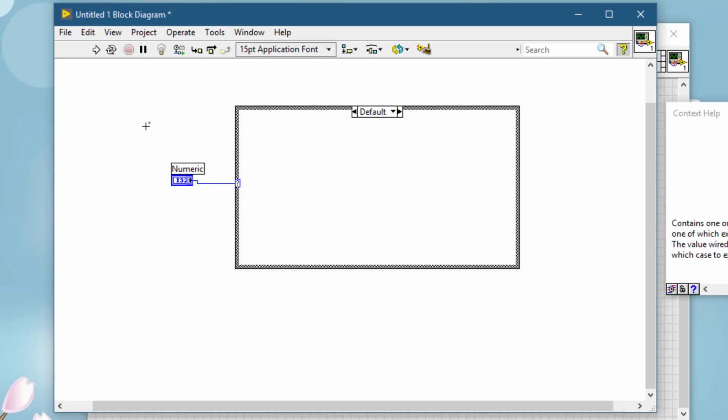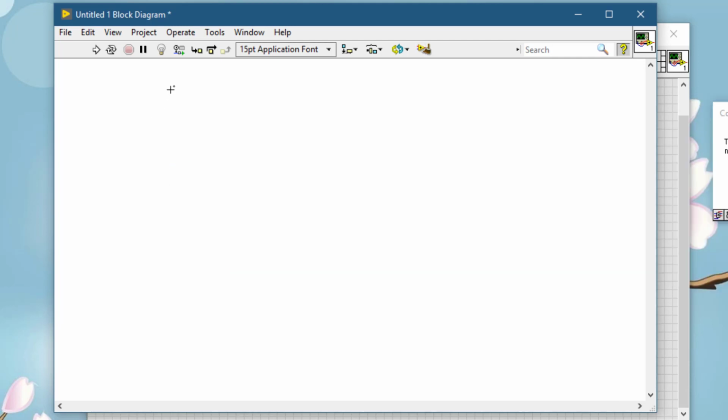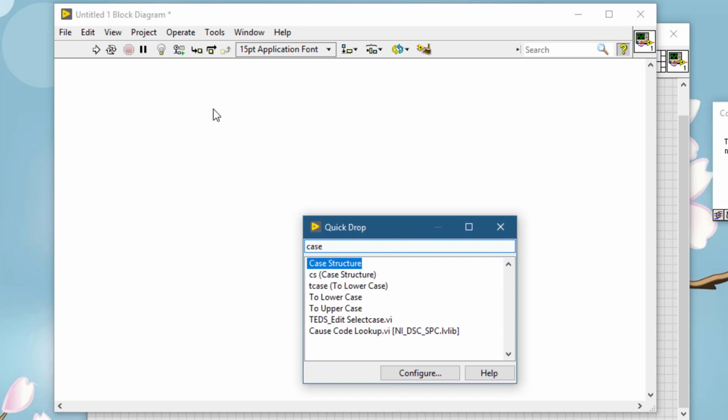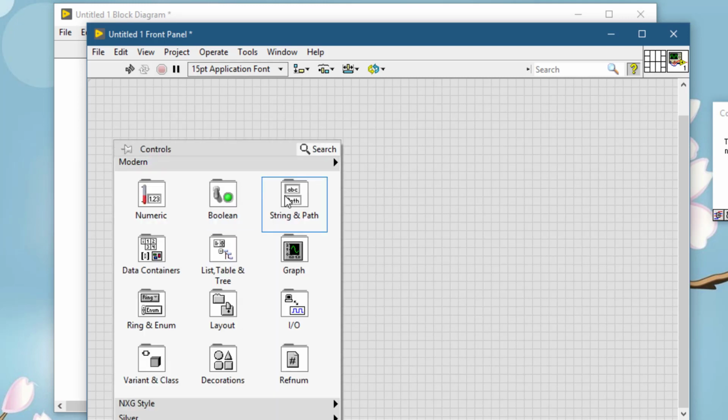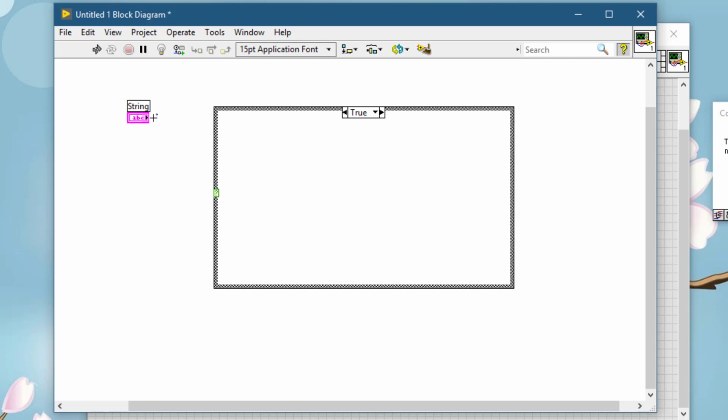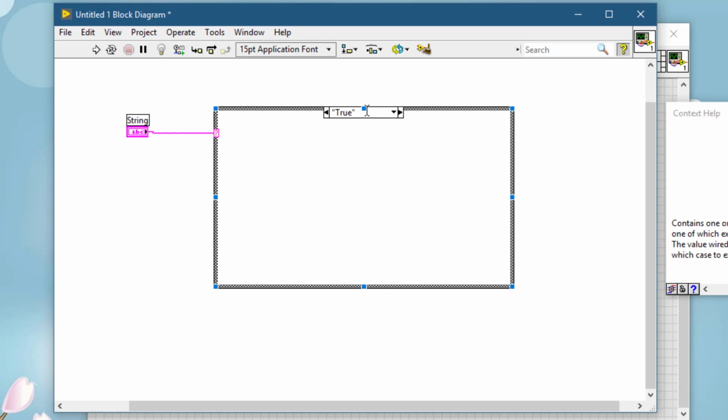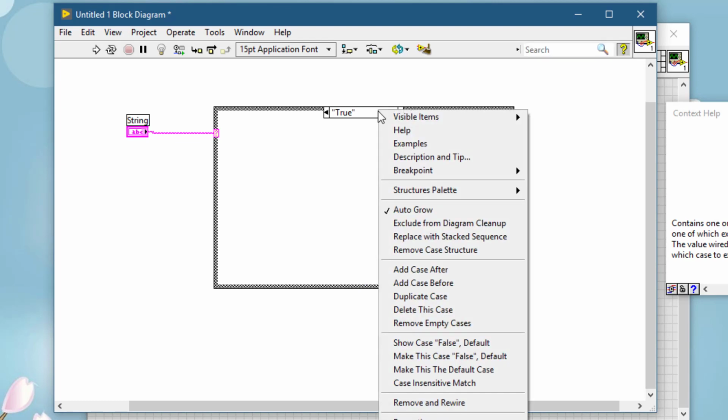So let's now see how our case structure handles strings. Let's place a string control on the front panel and connect this to the case selector label. As you can see, it has added two true and false cases, but has placed these quotation marks around them. So either we can write these exact strings, or we can also